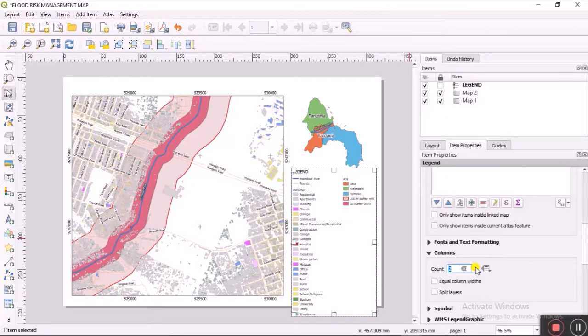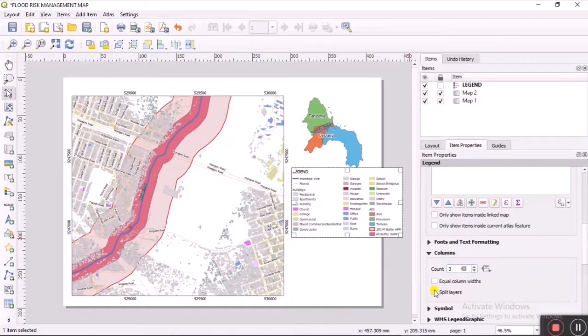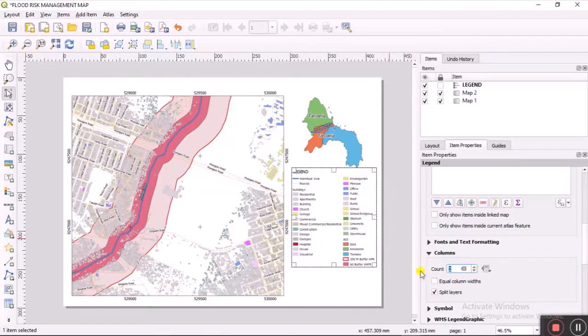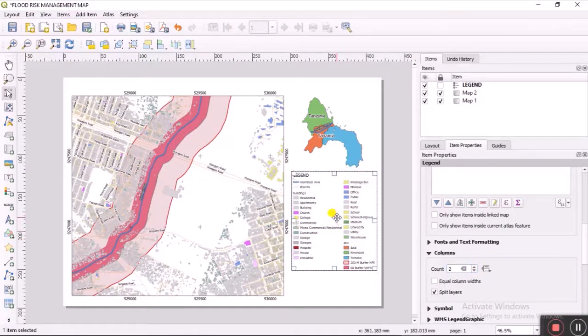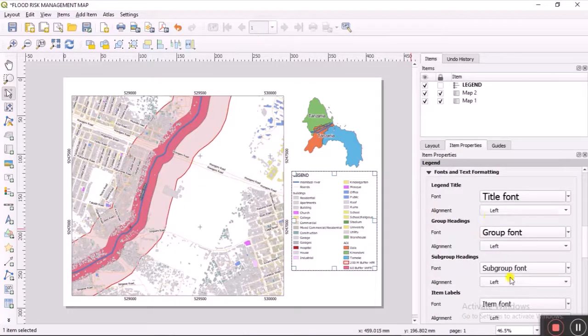and we can then play with adding the columns. For instance, let's try to use 3 columns, and let's split this column equally. Okay, what if we use, yes, we can use 2 columns, for instance. We can use 2 columns, and we can also play around with the fonts size. For instance, these are item fonts. You can add, you can reduce, and other options. So we can close, we can lock the layer,